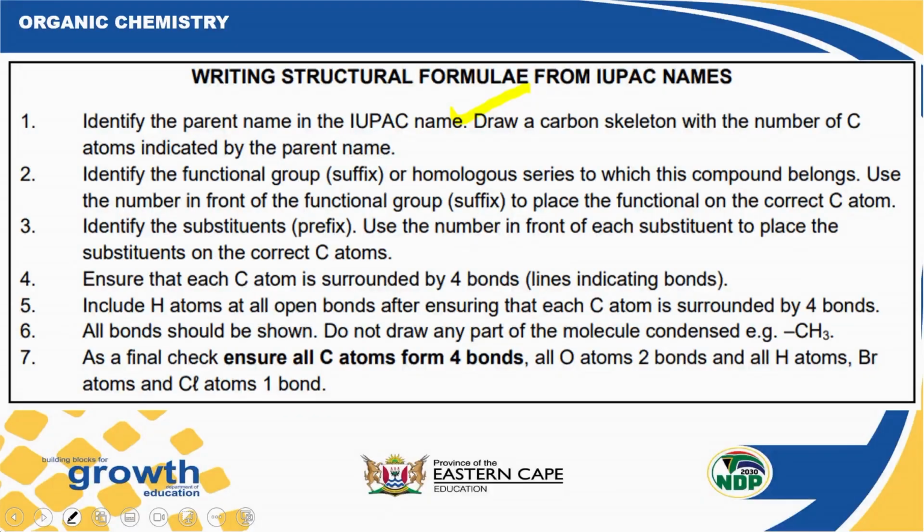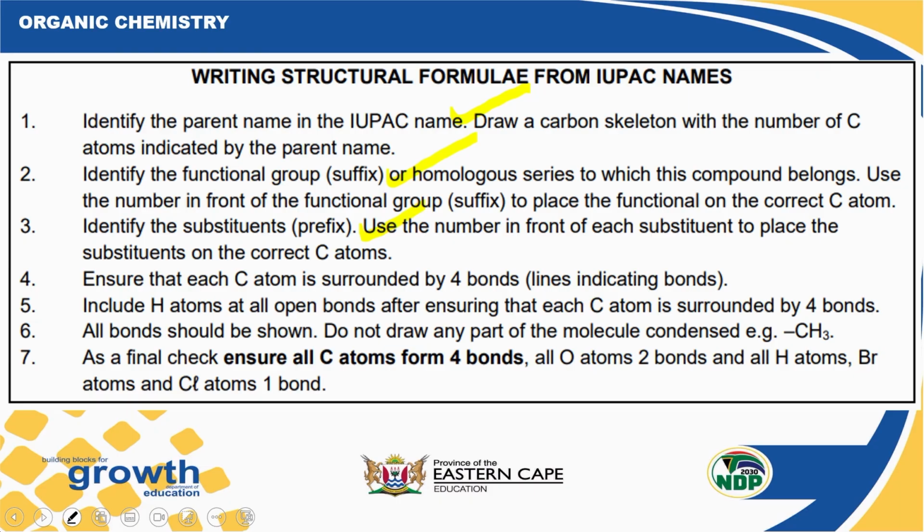1, a learner should be able to identify the parent name. When you are identifying a parent name, we usually say it's the longest chain of carbon atoms. 2, a learner must be able to identify the homologous series or the functional group that the compound belongs to, which will give the suffix of the name. 3, a learner has to be able to identify the substituent or the branch, which gives the prefix of the